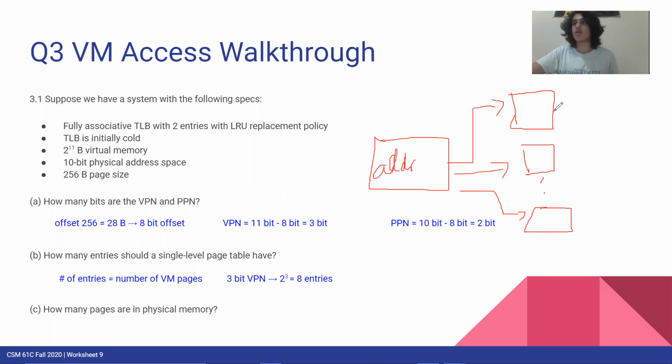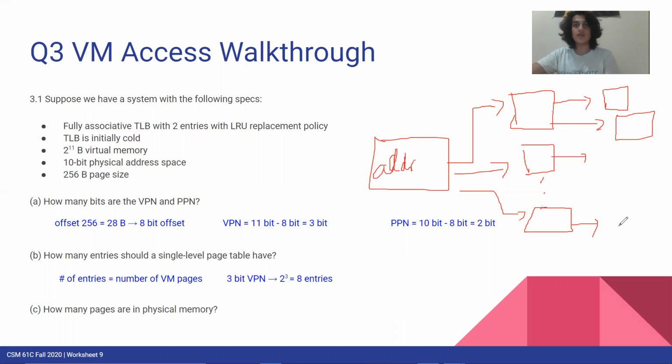And a double level page table will have these ones also have some entries here, and that's to handle sparse address spaces and stuff like that. I'm not going to draw this whole thing out, but that's what I mean. I think it's a little easier when you draw it out, and I'm not sure if my explanation made much sense, but